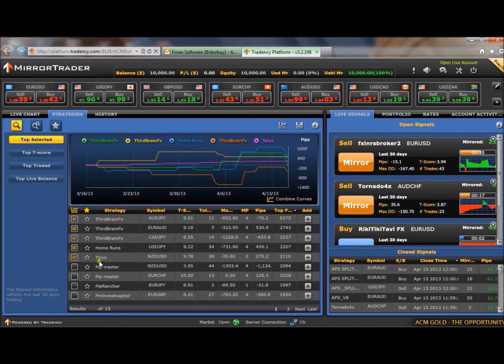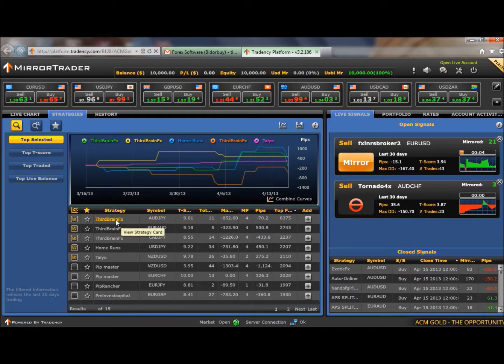Yeah, you see these traders are filtered according to the amount of people following them. So we want to do further analysis. Just knowing that a lot of people follow them is not enough for us. So what we do is click on the trader's name. Remember that, as you see it here, like Third Brain FX, the one at the top is always the currency pair that they are the best at. So let's click on them,